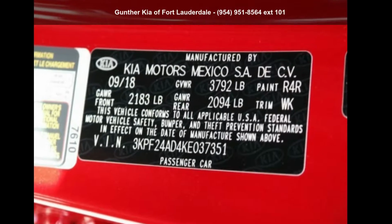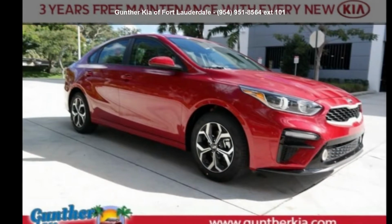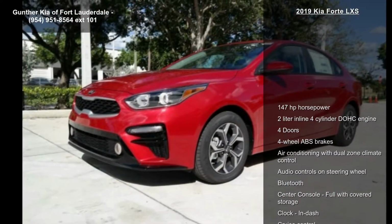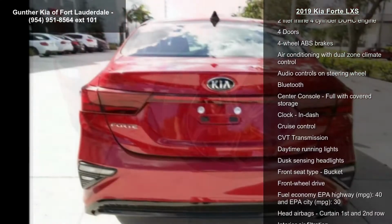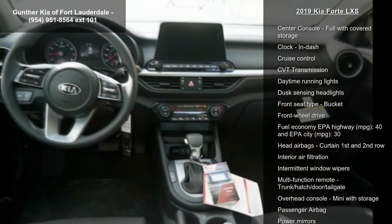Step into the Kia 2019 Forte LXS. If you are looking for an automobile with great features, look no further. Some of the top features included with this vehicle are 147 horsepower, 2-liter inline 4-cylinder DOHC engine, 4 doors, 4-wheel